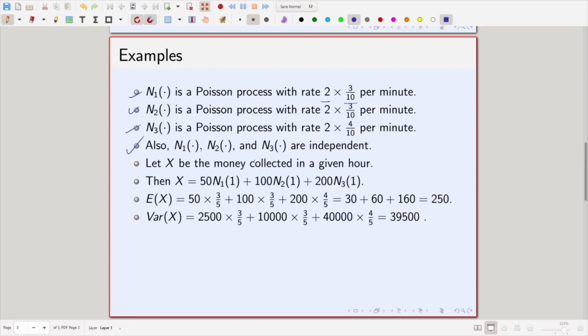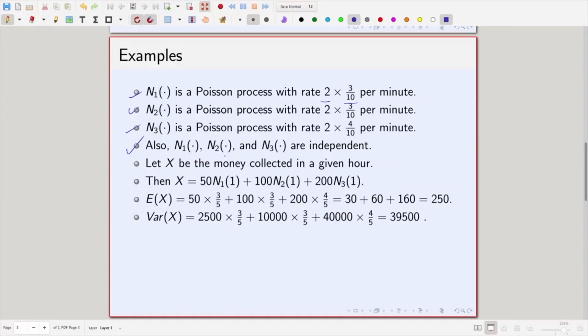In the statement of the theorem for Poisson thinning, we saw that we are categorizing events into 2 types, but here it is 3 types, but again 2 or 3 does not matter. Basically you can do it for k types, because say first you divide it into 2 types, then one type you can further divide into 2 more types, so you can get 3 types. So by successively using the same theorem, you can extend the result to k types of events.